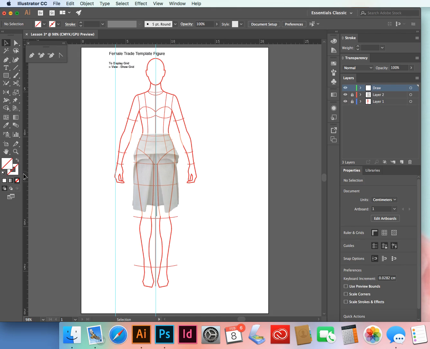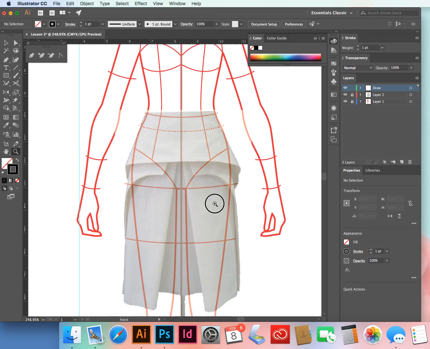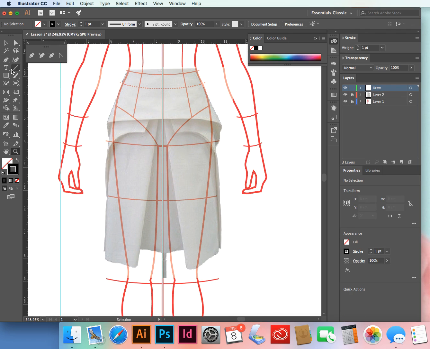Sometimes, if you've selected the ruler to unlock it or move it, you'll find that you get back to your colour boxes and there's nothing in either of them. So if you want to add a black fill, you click on the fill box to bring it to the front, or press X on the keypad, and over here the colour box will come up and you can click on black to fill it with black. Remember, no fill in the fill box. So zoom in, always zoom in to start your drawing. So, pen tool,